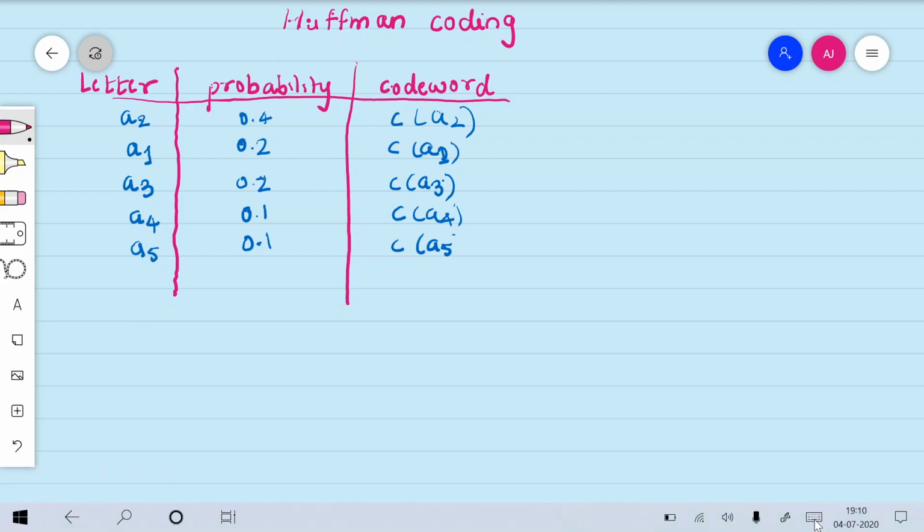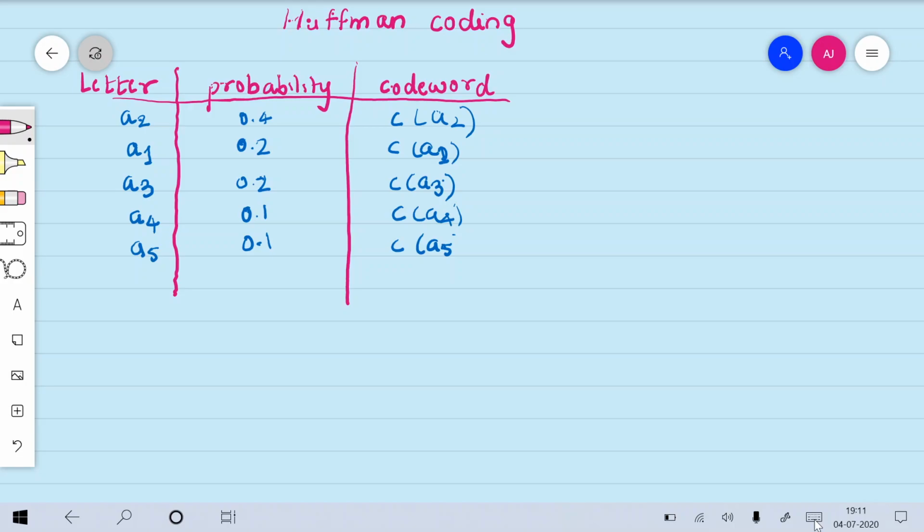So let's start with the Huffman coding example. In this video, we will just try to solve one example of Huffman coding again. I hope I'm able to solve it neatly because I'm trying to use the whiteboard. I'm getting familiar with this new app.